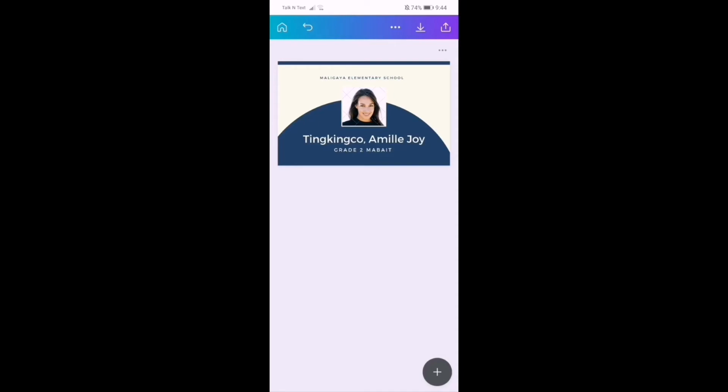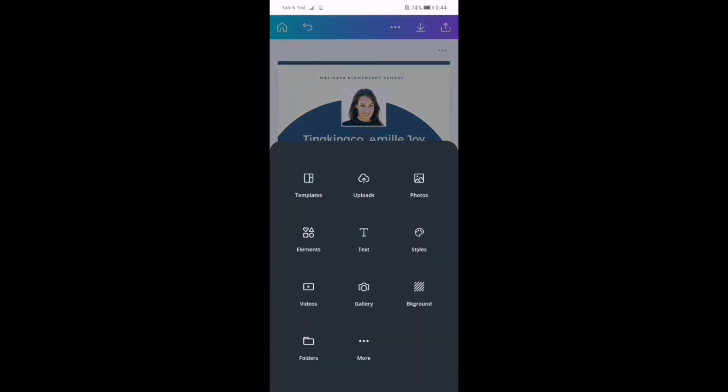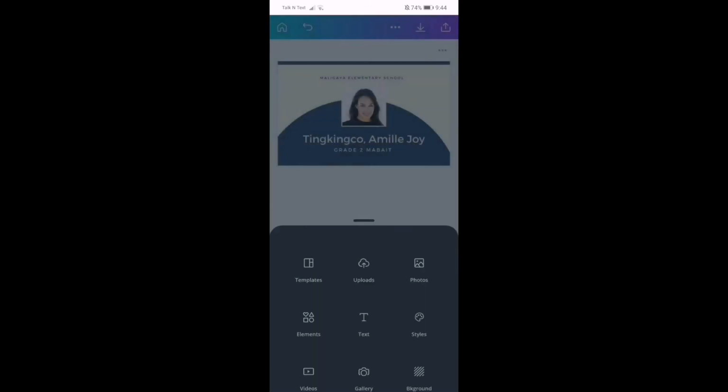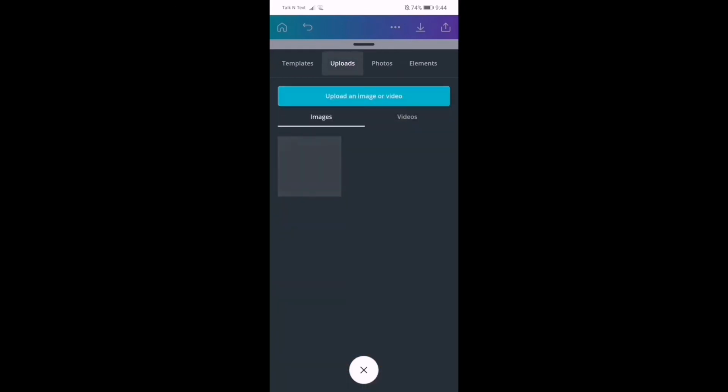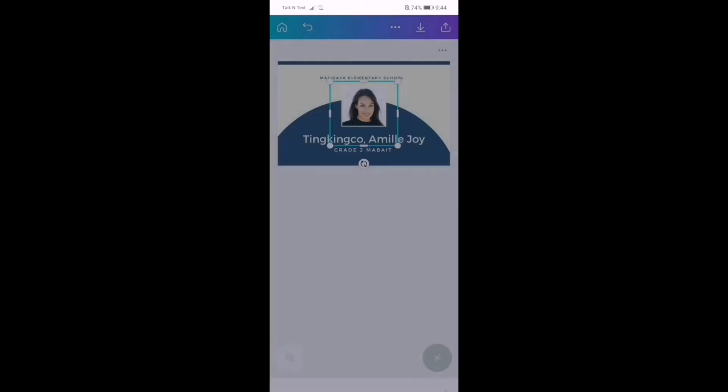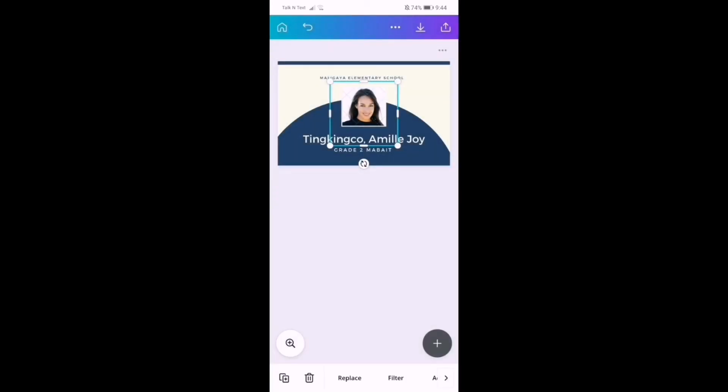So I'm going to try it. Go to photos and then uploads. Then I have my logo here already, so we can put that on the upper right of the school name. Okay, then adjust the logo, and okay, there you go. So for this